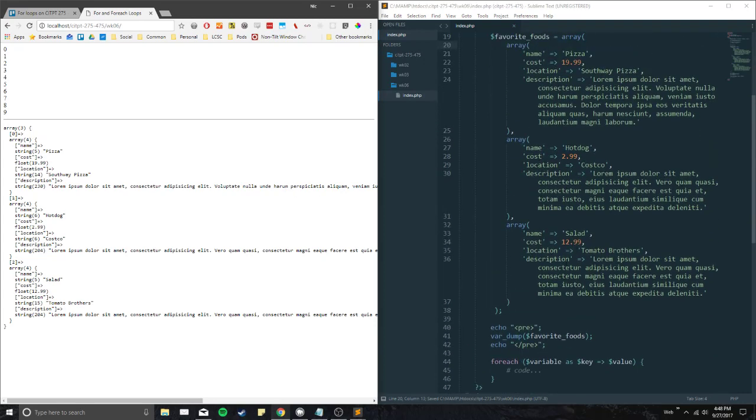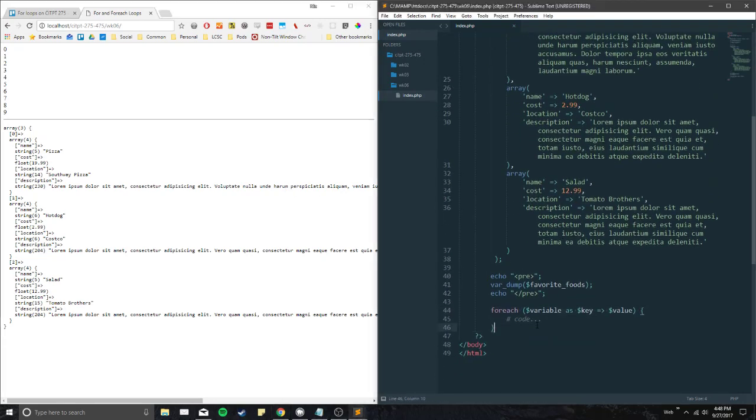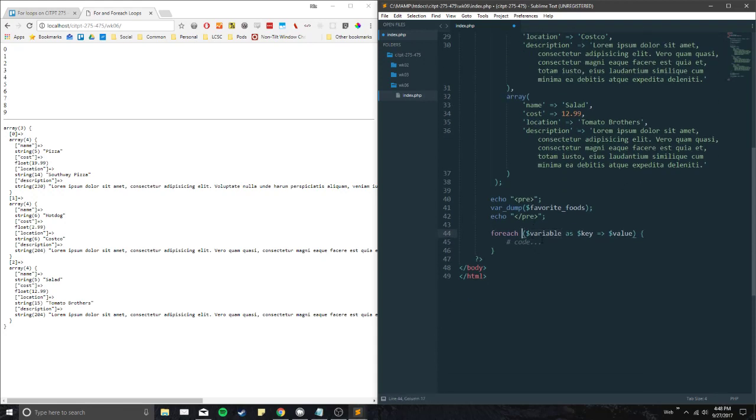And then what we can do now in our foreach loop, and in my opinion, this is a bit more straightforward than the for loop as far as the logic goes. When you're creating a foreach loop, your first value inside the parentheses is going to be the variable that we're looping over. In this case, it's going to be favorite foods. And we say for every favorite food as, and this is the variable name that you'll be using inside of this block of code. So here, we could echo out, for example, something like this,